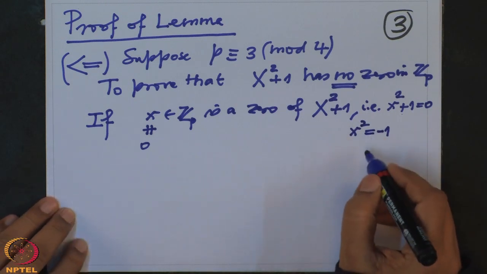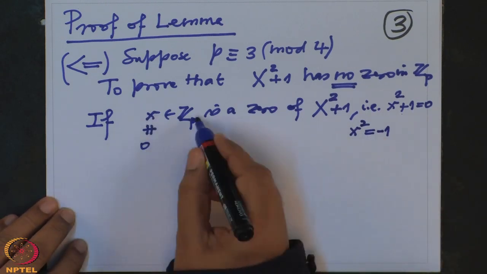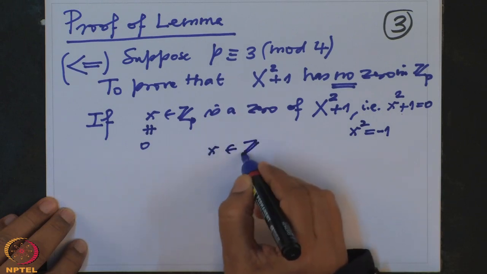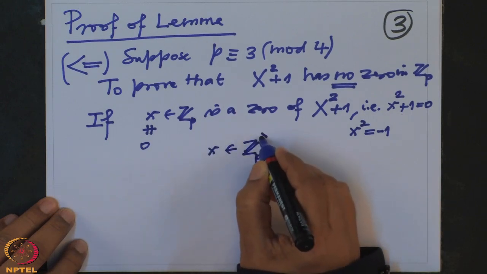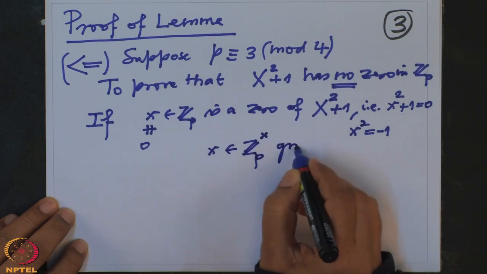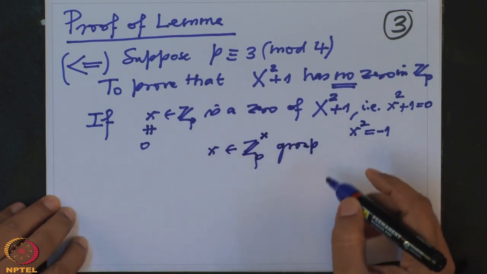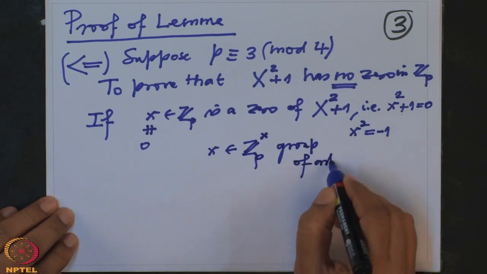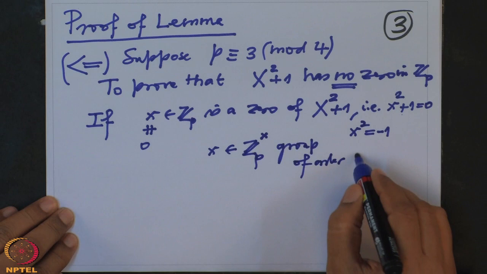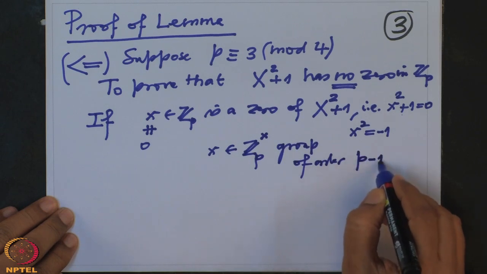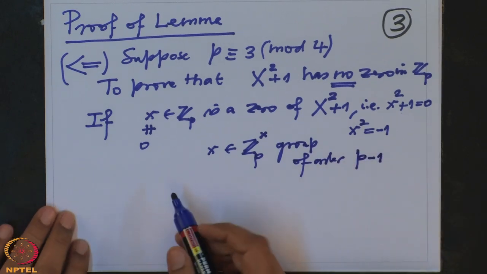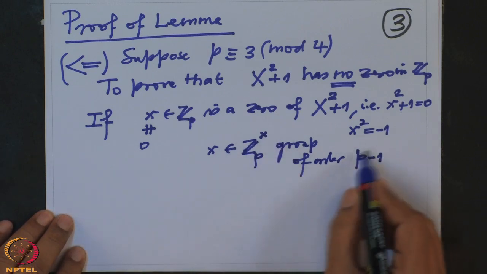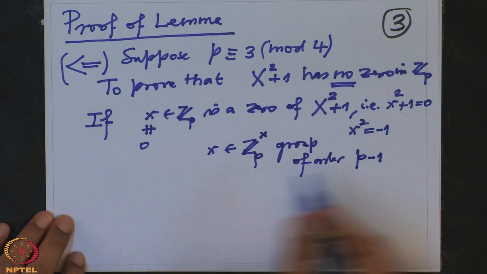But then x is a non-zero element in the field. So x belongs to Z_p cross. This is a group, because Z mod P is a field, and this is a group of order 1 less than the number of elements of Z mod P, that is P minus 1. So this is a group under multiplication of order P minus 1,